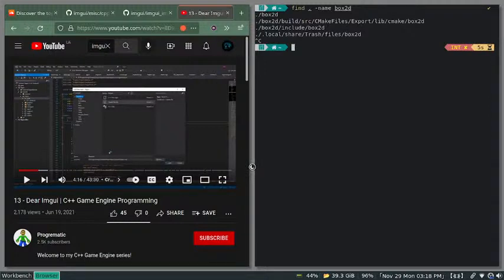So the way that you do it is you git clone box2d, and then you go cmake build, and then cmake --target install. That's all you do. It's that simple. And then in the project, you just find_package and do that instead of whatever the heck